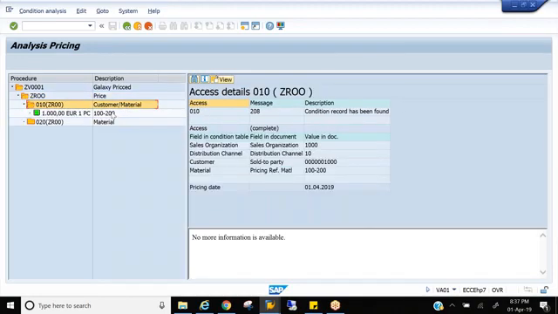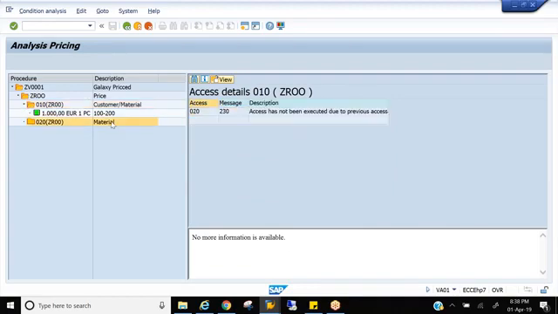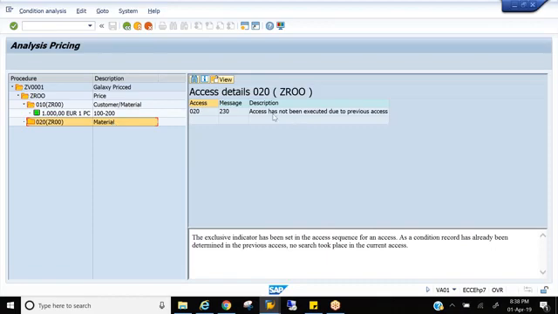Customer material and material. So you see, when I click on the first table, the system says condition record found. But if I click on the second table, that is material, the system says access has not been executed. Why is the system saying access has not been executed?